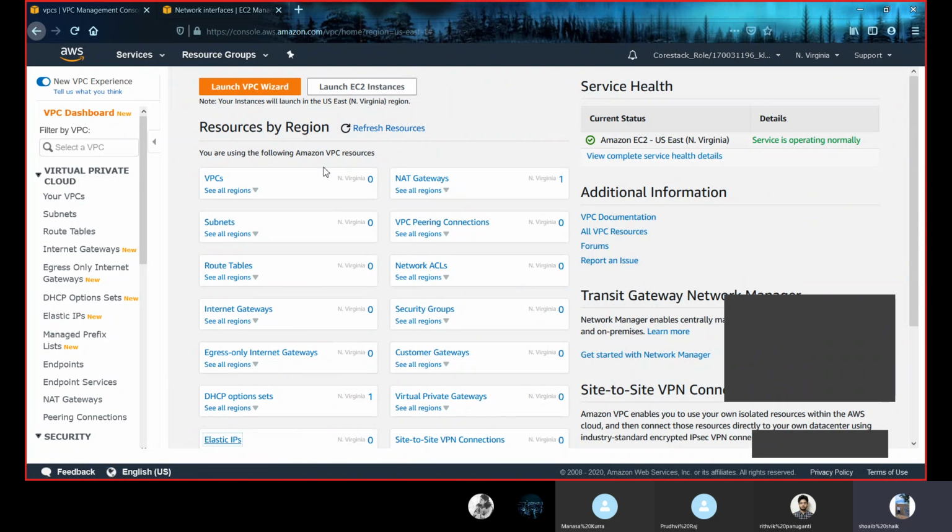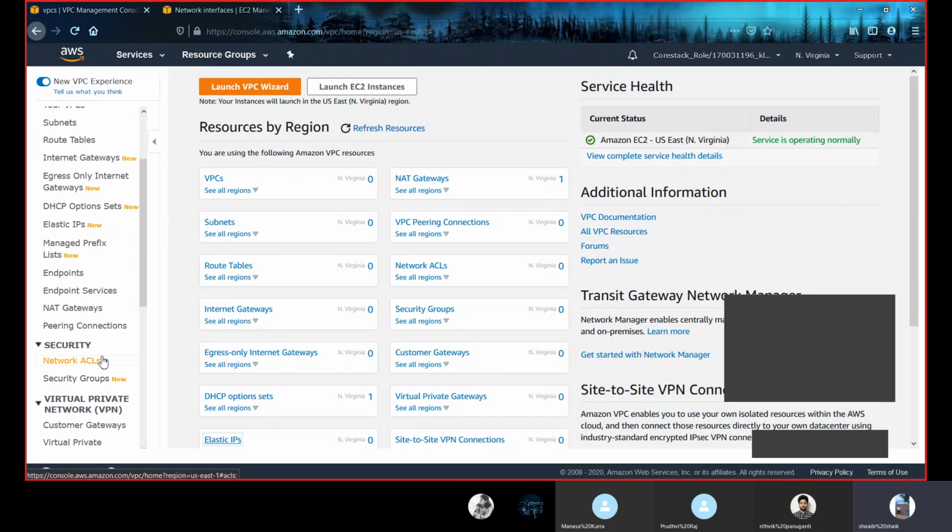Apart from these, we should also understand VPC limits. We should know how to create and what limits we are provided with. We generally are allowed 5 VPCs per region, 200 subnets per VPC, 200 route tables per VPC, 500 security groups per VPC, and 50 inbound or 50 outbound rules per VPC. We have to know these limits, and according to these limits we have to create a virtual private cloud.